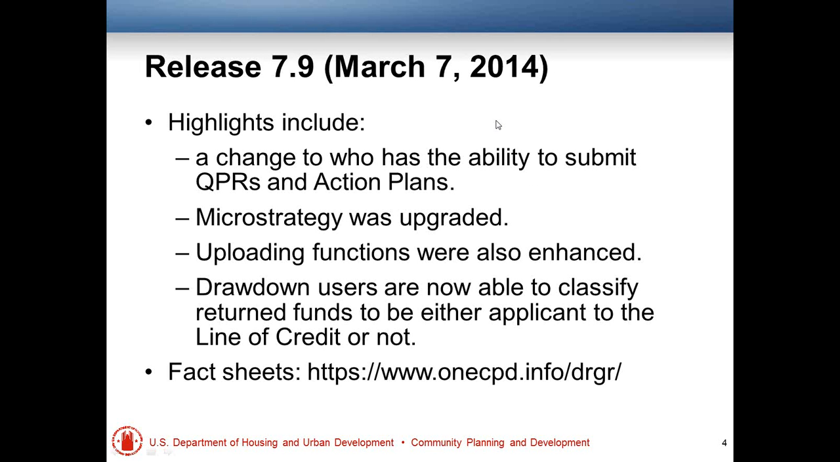I wanted to just pause for a second. There's been a lot of updates, I'd say, in the past couple of months to DRGR. There's release 7.9 that happened in early March, and then there's actually 7.10 that's happening literally as we speak this week. I'll talk a little bit about 7.10 later in the slide show, but I wanted to pause on 7.9 right now and talk about a couple of the highlights. You're also going to hear about 7.9 throughout the presentation, where we highlight a few more items that are essential to understand for closeouts. Some of the highlights of 7.9 is a change for who has the ability to submit the QPRs and